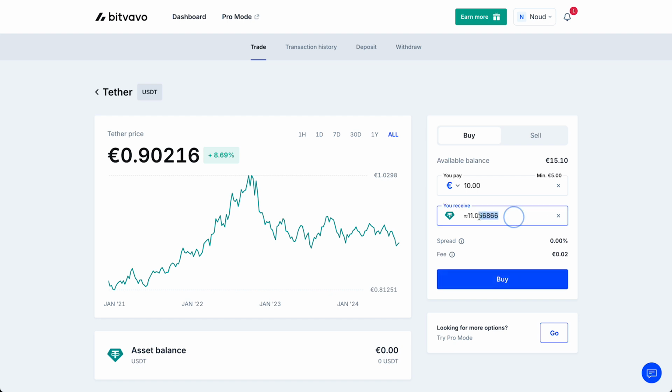You can also change this. So if you want to buy, for example, exactly 10 Tether, just like this, you pay 9 euros and 4 cents. All right, just like this. Please keep in mind that you of course do need to pay fees. But one way to